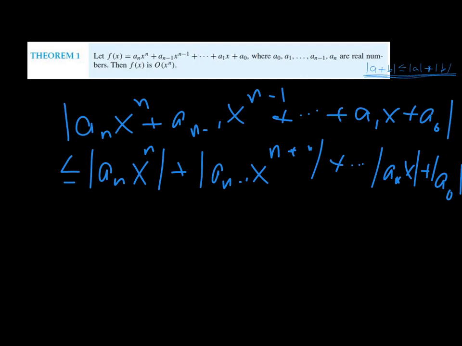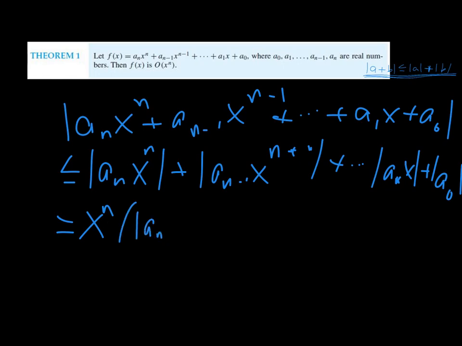So now what we're going to do is factor out x^n out of all of these terms. So this is going to be less than or equal to x^n. Actually, since I'm just factoring, this is going to be exactly equal to x^n times